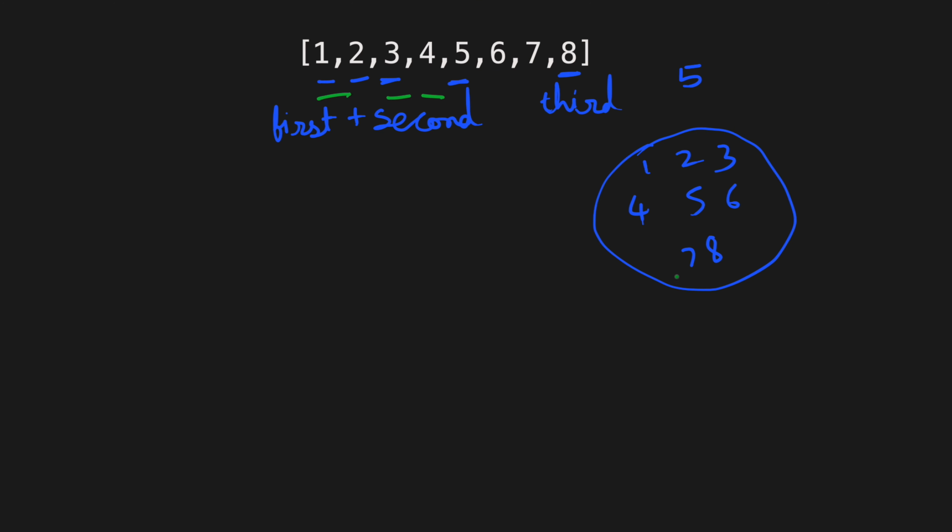The answer is yes. So we extend the sequence, and now first is 4, second is 7, and we sum them up, and this time we will get 11, which is not present in the set. So we stop the sequence, and the length of this sequence is 4. And similarly, we will check the length of sequences formed from pairs 1, 4, 1, 5, 1, 6, and so